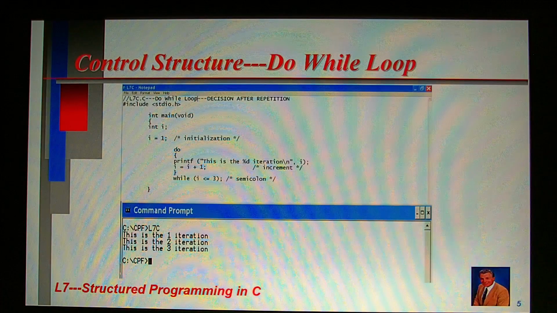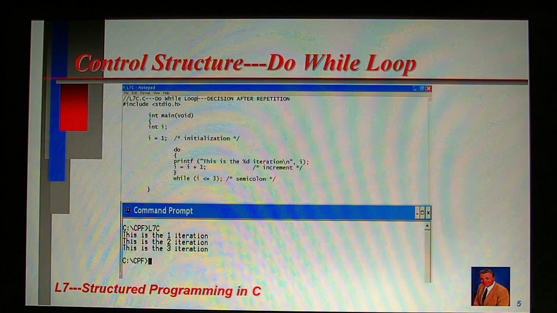Okay, let's take a look at the structure of the do-while loop control structure, namely: do { printf("this is the %d iteration\n", i); i = i + 1; } while (i <= 3);